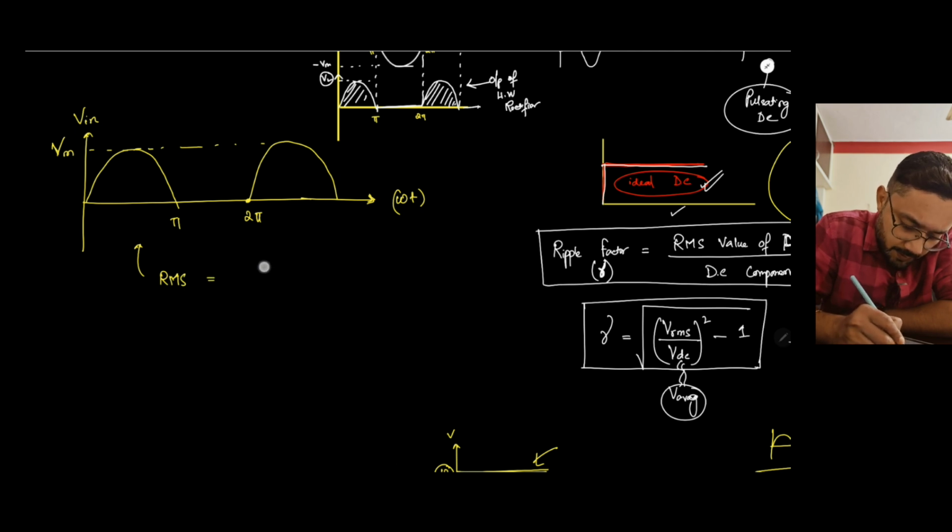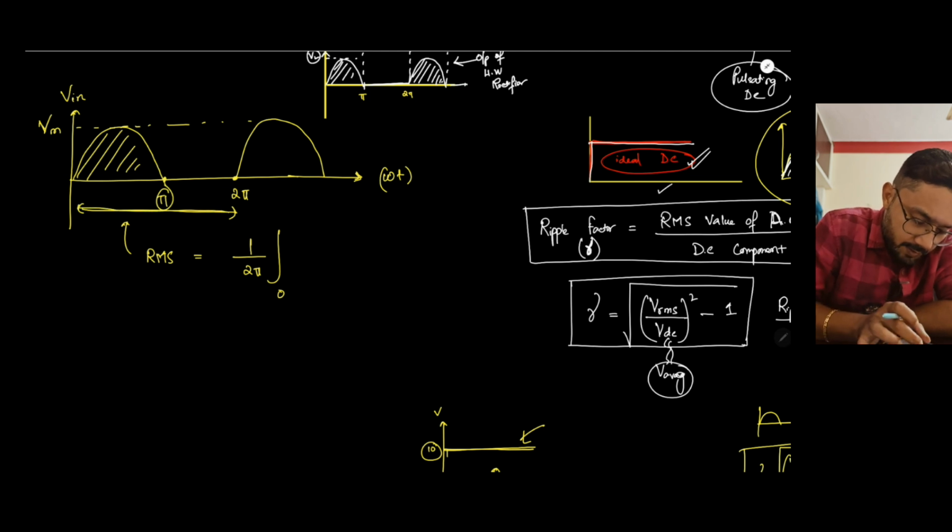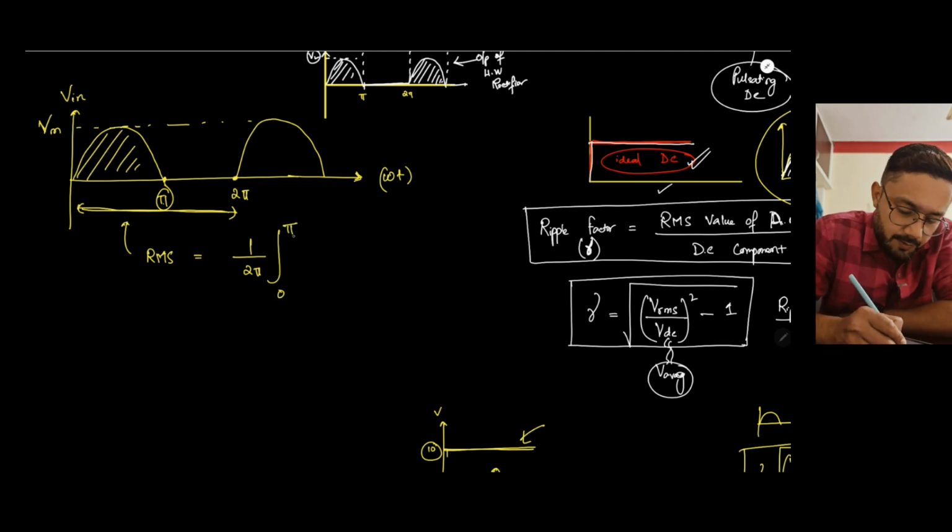The RMS voltage will be, this is the total time period 0 to twice pi, but the waveform exists only up to pi. So we will integrate up to pi